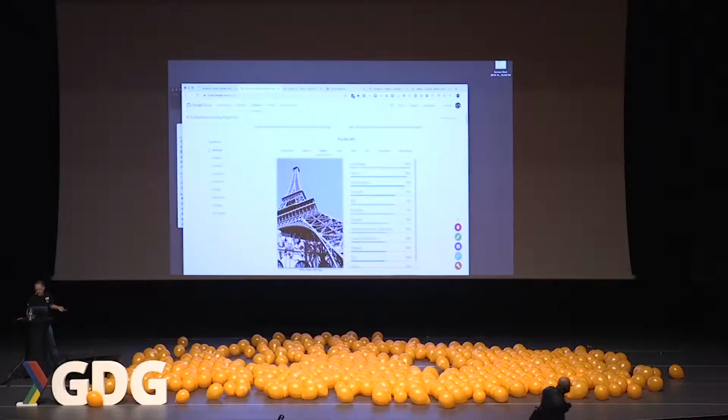And let's see what else we got on here. So I can look at labels. It says that this is a landmark, it's a tower, its architecture, and shows confidence for each one of those. I can see where else on the web I might find this image, which is very interesting, especially if you're trying to do IP protection. You might have some images that you own, logos. You can find out who's using those things.